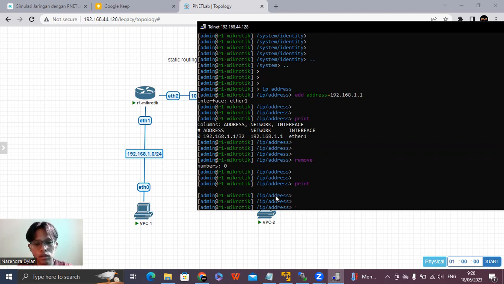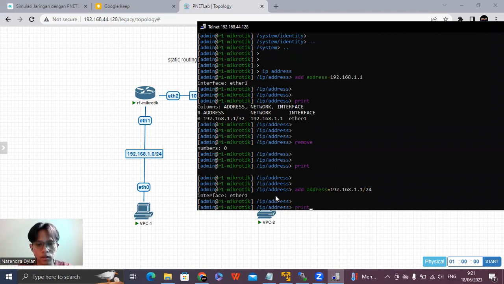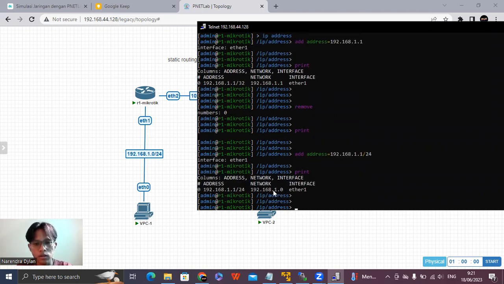I want to add the IP address again. IP address, add address 192.168.1.1. Don't forget to use the prefix like this. Okay, enter. Print, enter, 1.1. After that, we have to configure the ether2 IP address. The command is the same as before. Add address